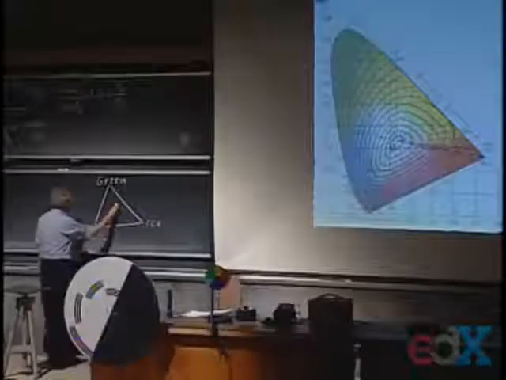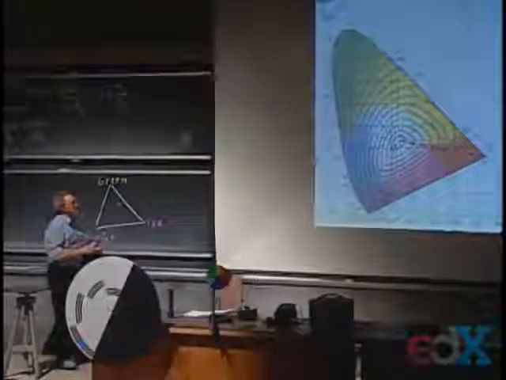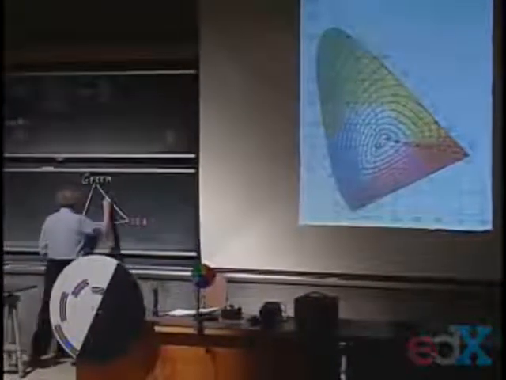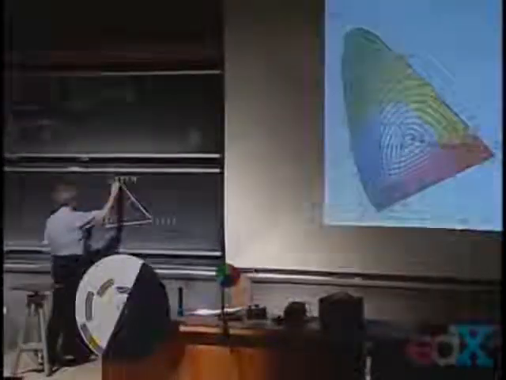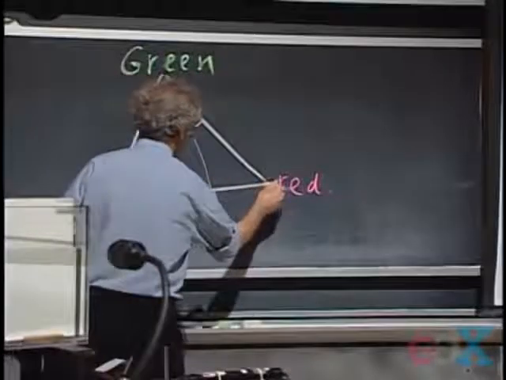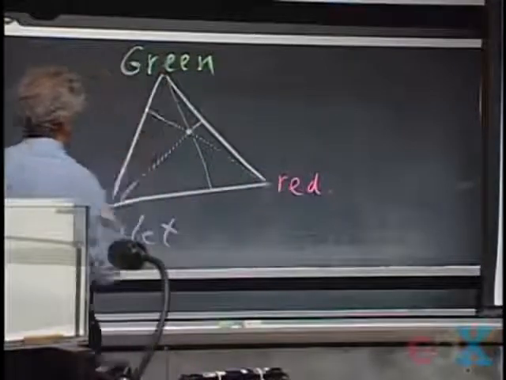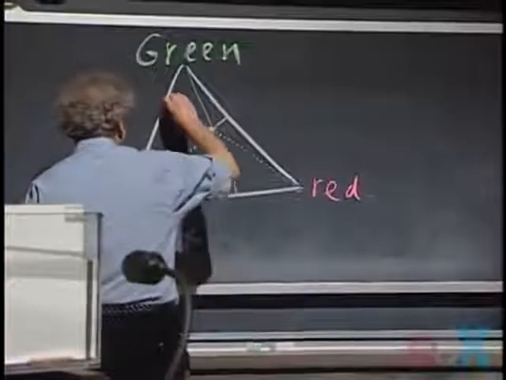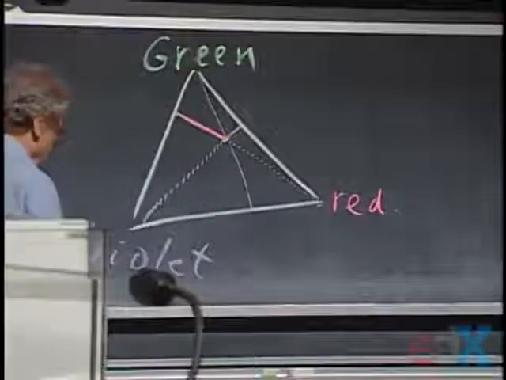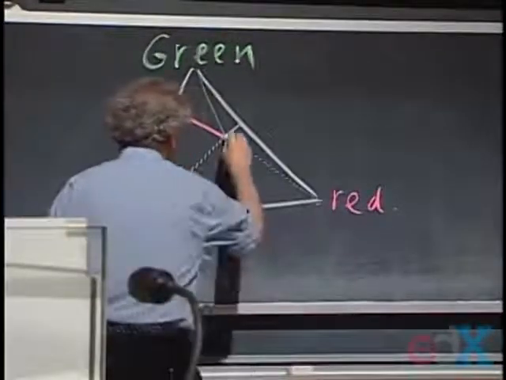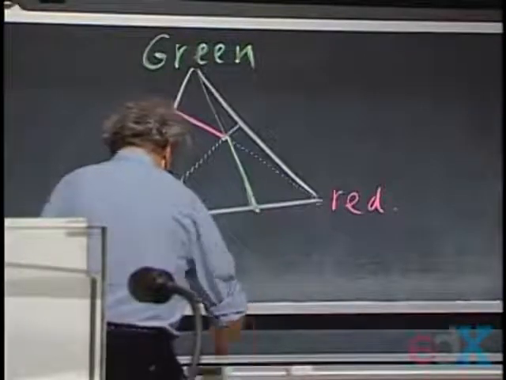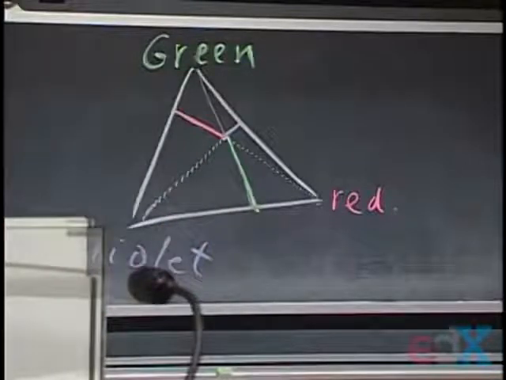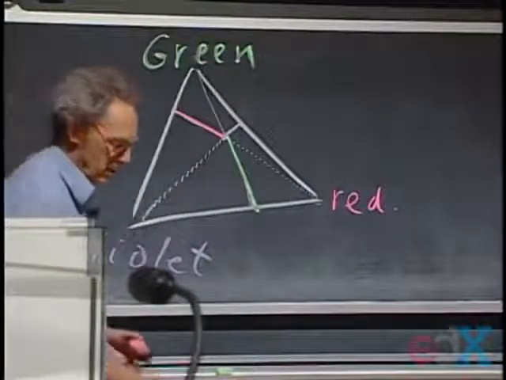So how do we make these colors now? Well, suppose I want to make this color here. So that's this color, say. Then you draw 3 lines, 1, 2, 3, from the 3 corners. And this is the amount of red that you have to put in. And this is the amount of green that you have to put in the light. And this is the amount of violet light. And if you do that in that ratio, you would get the color